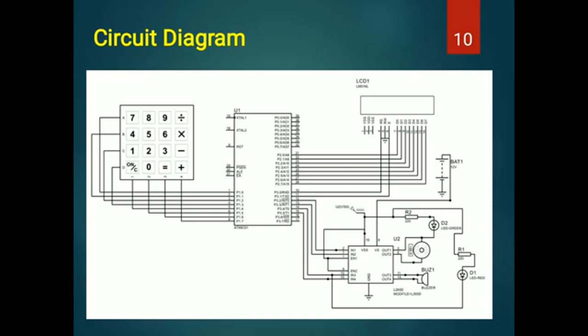The 2 pins of the LCD display, RS and E, are also connected to pins 3.0 and 3.1 of the microcontroller respectively. The motor driver IC is also connected to pins 3.2 to 3.5 of the microcontroller, where pins 3.2 and 3.3 are used for motor operation and pins 3.4 and 3.5 are used for buzzer operation, as shown in the figure. A DC motor is connected to pins 3 and 6 of the motor driver IC, and a buzzer is connected to pins 11 and 14 of the motor driver IC. A green and a red LED are also connected in parallel with the motor and buzzer respectively.